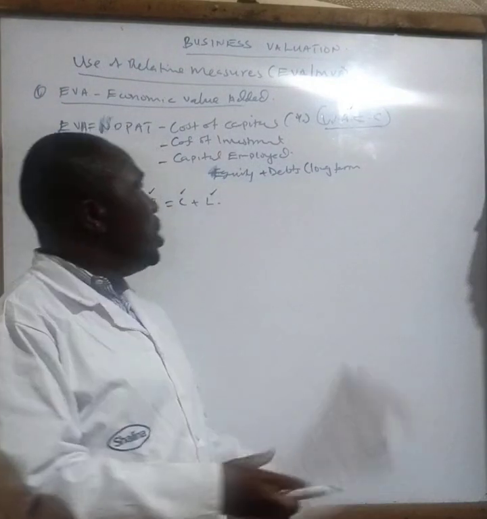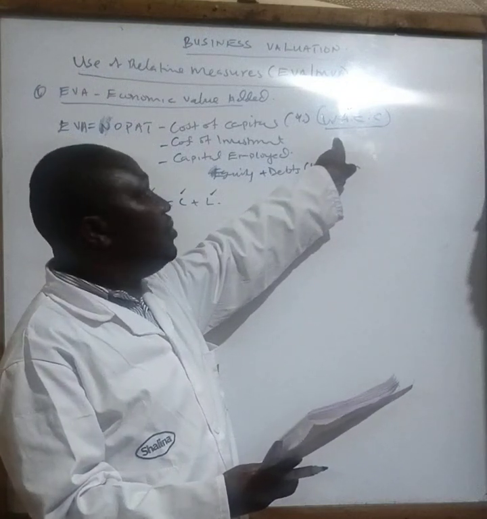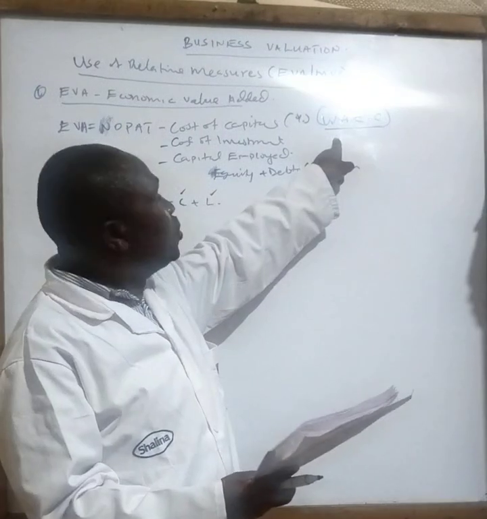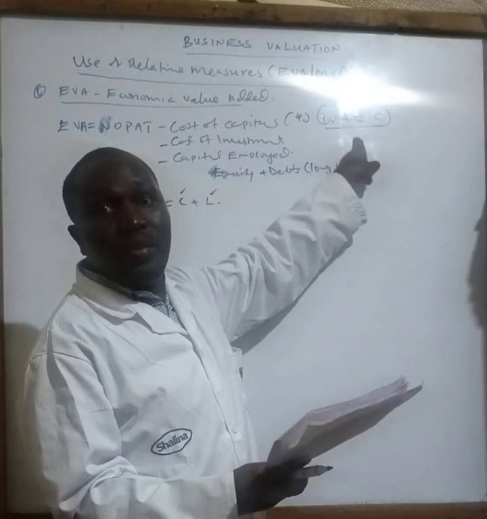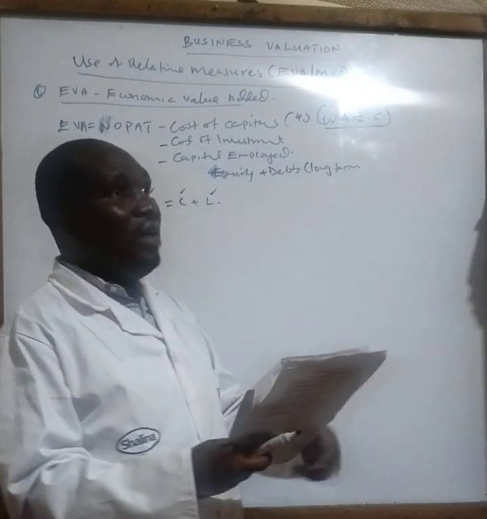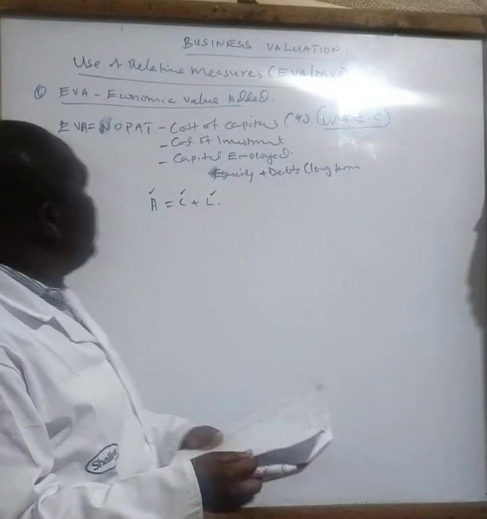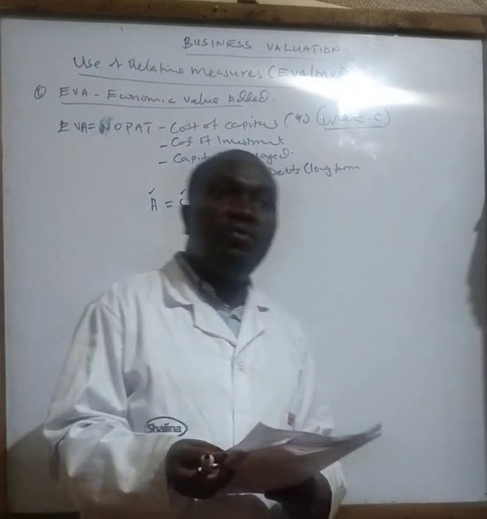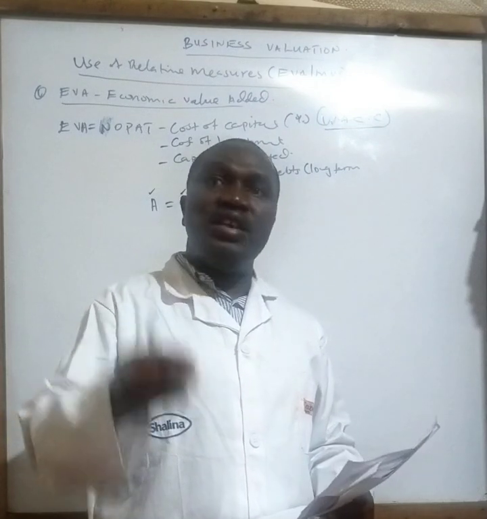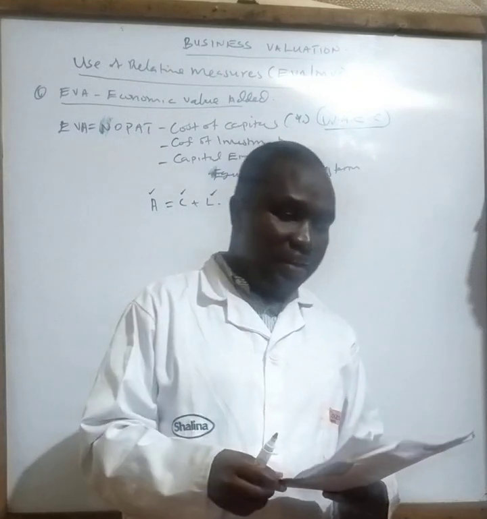But at this particular time, we just want to know that this is a rate at which the investor is expecting returns from his or her investment. So this is acting like a cost of capital in terms of rate. We are going to use this one, and after this we shall have a video concerning the same. I've already explained the meaning of EVA: economic value added is the income of an entity that is above the required return. Correct?